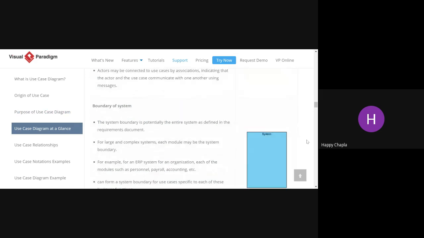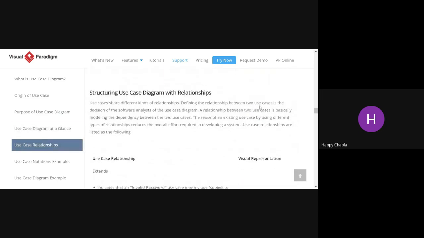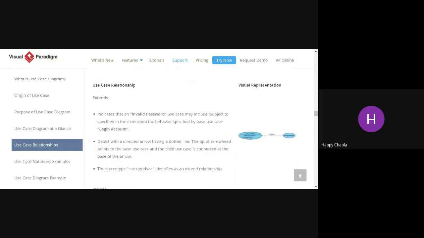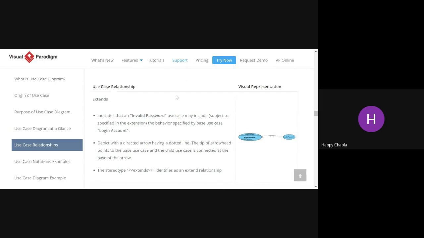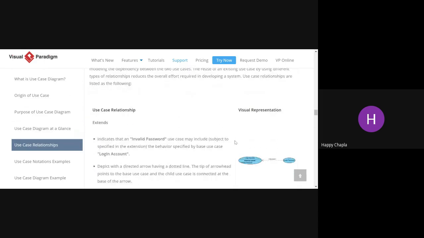Okay, so whatever is inside this, I can fill in. It is not that you put in 500 use cases. All the functionalities you have to show. You can define some of them.